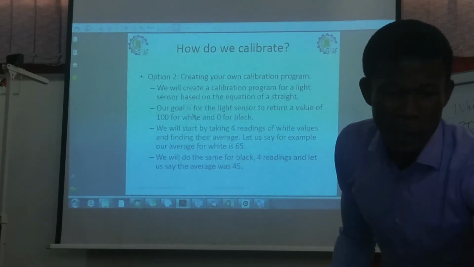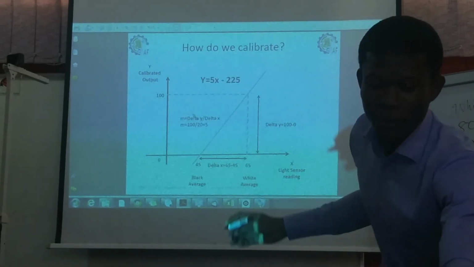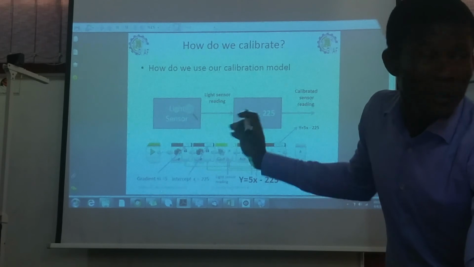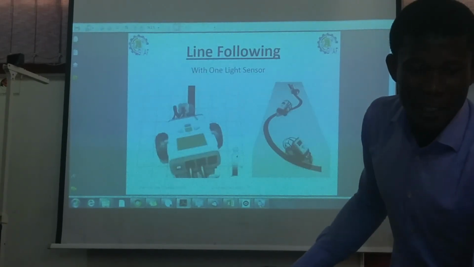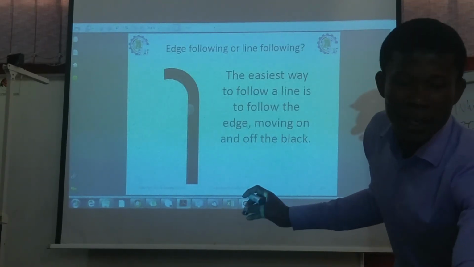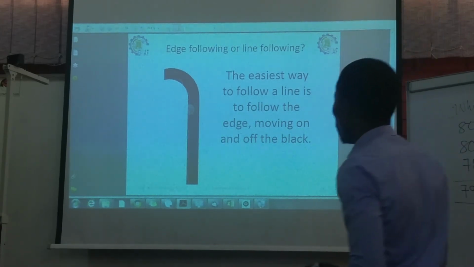We have gone through our calibration. We have built this block. And then what we have done is a single line follow. So what we have done